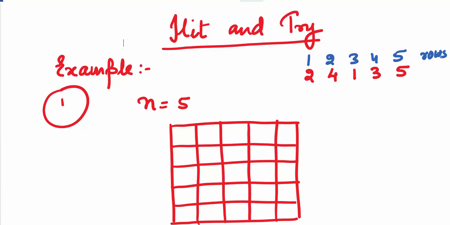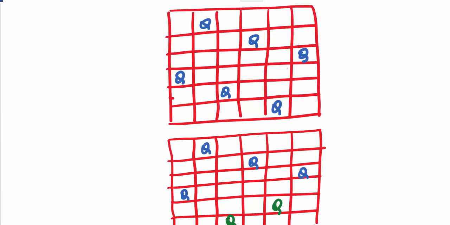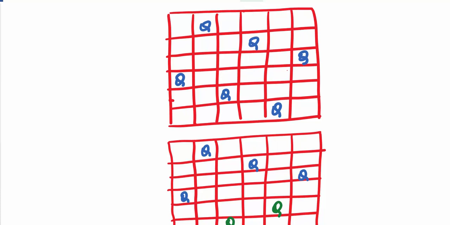We have the placement. In the first row, place the queen at the second place. In the second row, place the queen at the fourth place. In the third row, place the queen at the first place. In the fourth row, place the queen at the third place. And then in the fifth row, place the queen in the fifth place. Now, you can see your arrangement is done. What if you swap the positions 3 and 5? You will still have a valid arrangement. For n equal to 6, I have shown that you can try it yourself. These are the two valid arrangements which we've got by swapping the last two positions 3 and 5.